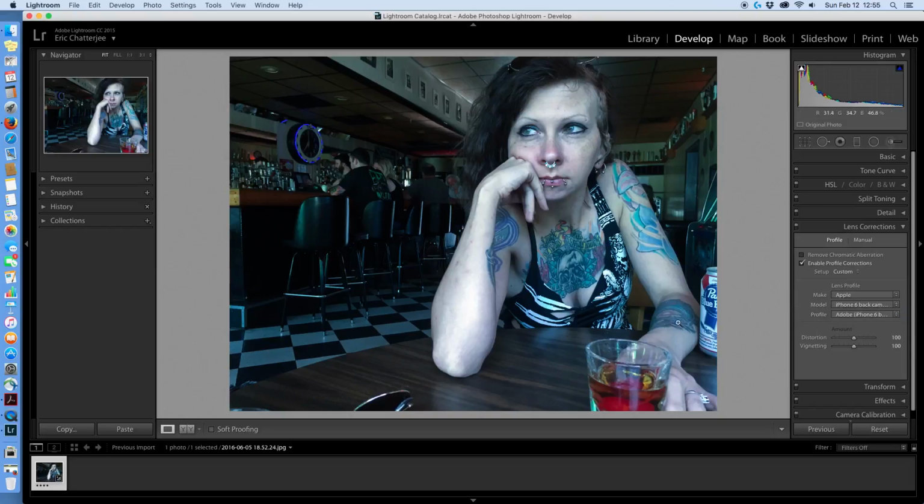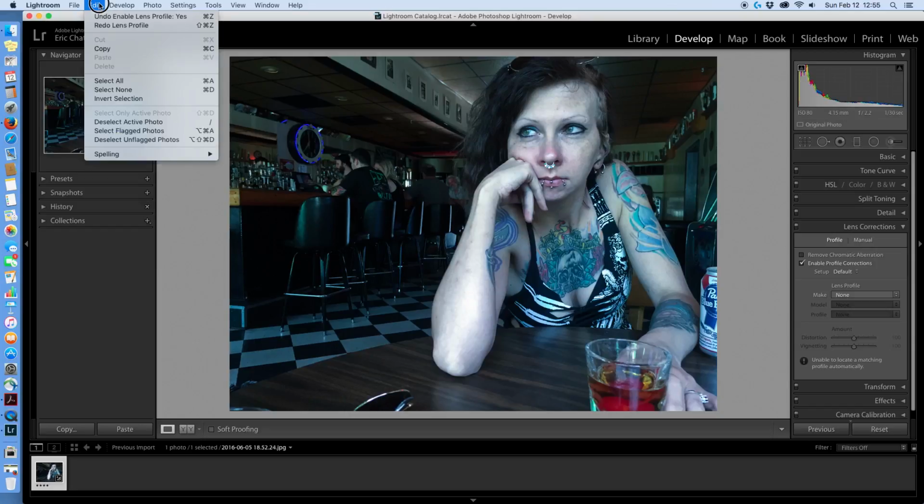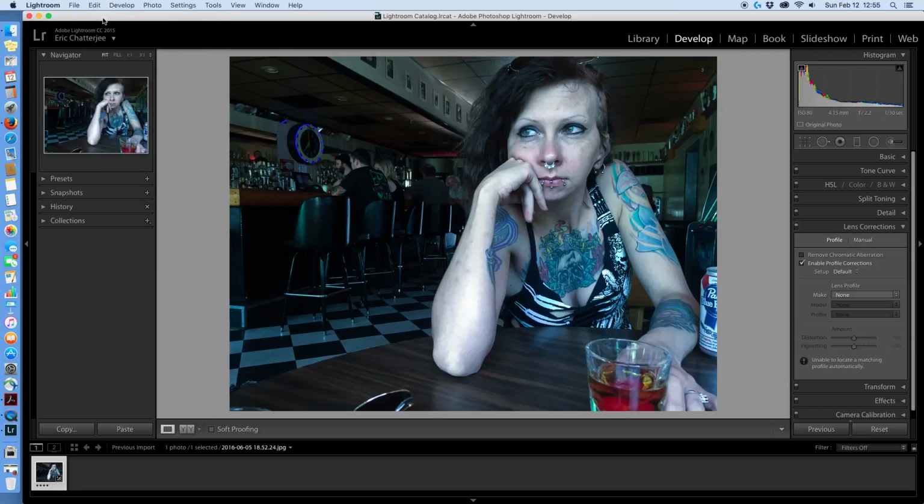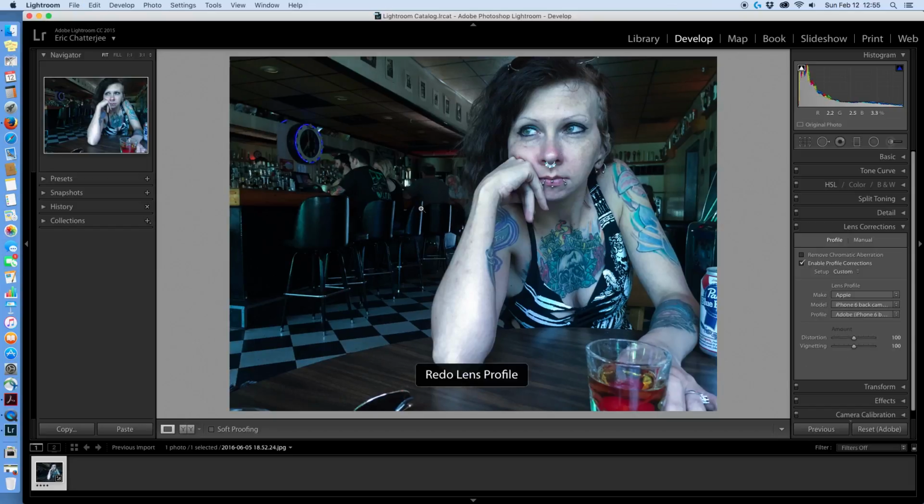Now, I can undo that so you can see what kind of distortion happens with a iPhone. So let me undo that. Undo is Apple Z, the Command Z button pressed together in combination. Or you can go to Edit, Undo, Edit, Redo. Redo is Shift Apple Z. So I'm going to redo it, undo it, redo it,